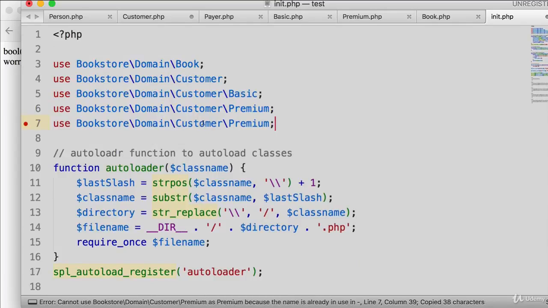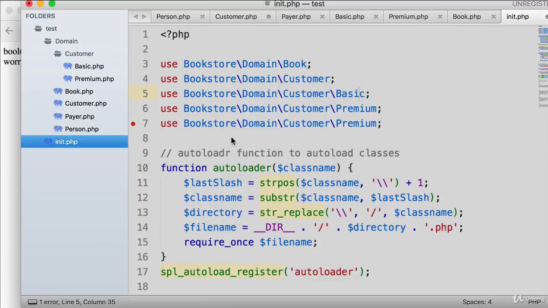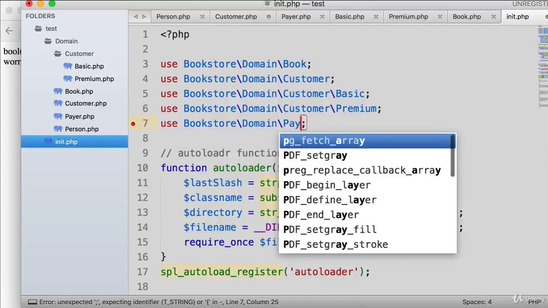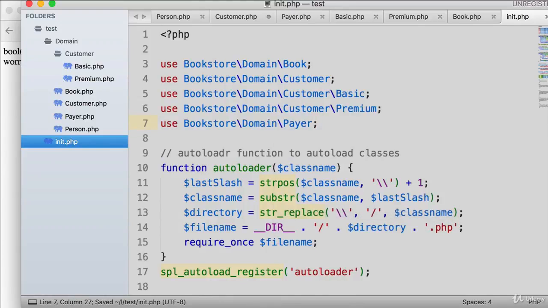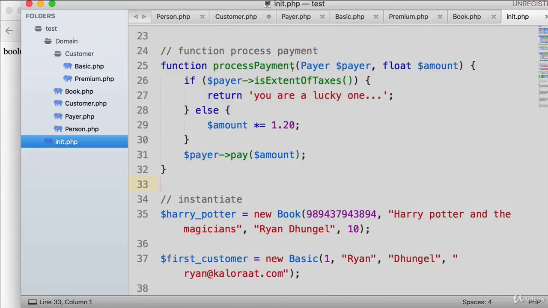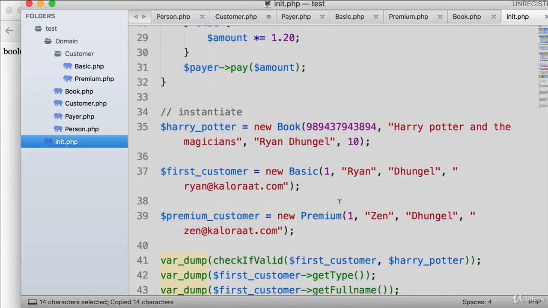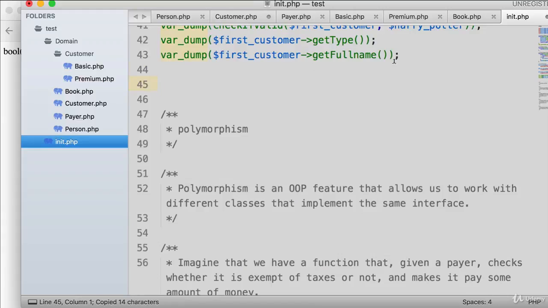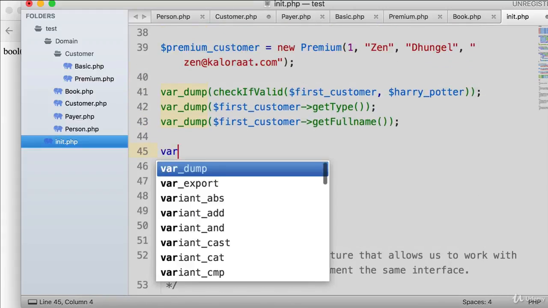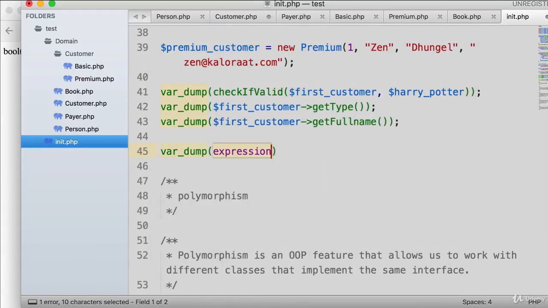Okay, bookstore domain. Let me see the folder directory here. Domain and then payer. Okay, now that we have this process payment function, let's give it a try, and we're going to try on both basic and premium. Okay, so let's begin with var_dump,